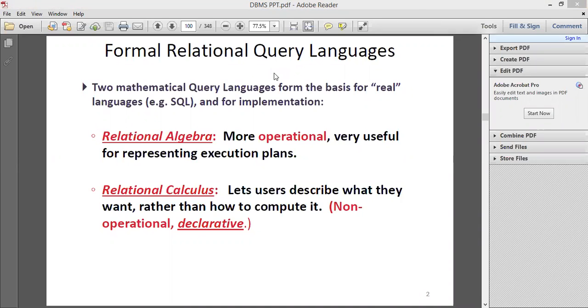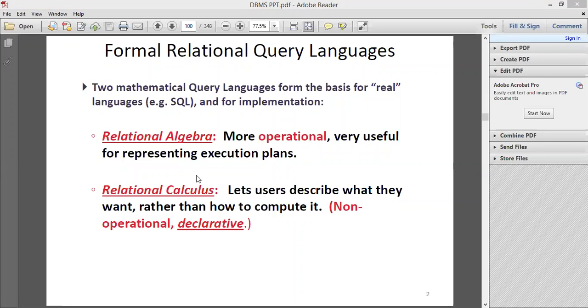So first we'll see what is relational query language. This relational query language is mathematical form, and it is of two types: one is procedural language and the other is non-procedural language. Now, what do you mean by procedural language? Whenever we say procedural language, it specifies how and what data is to be retrieved.